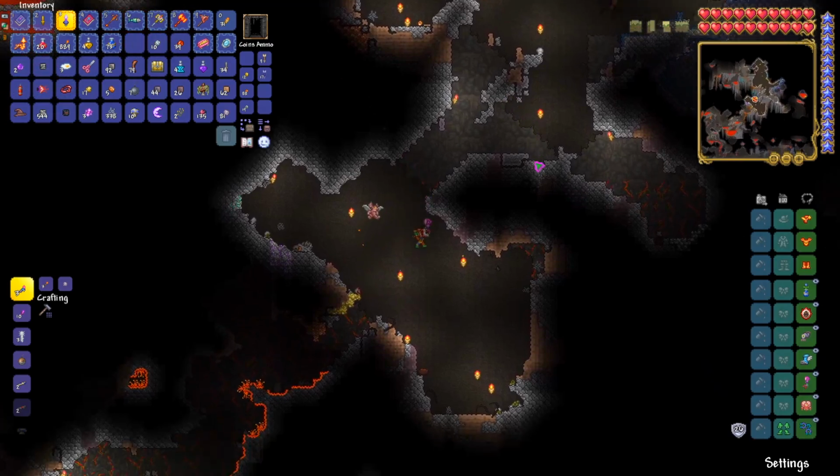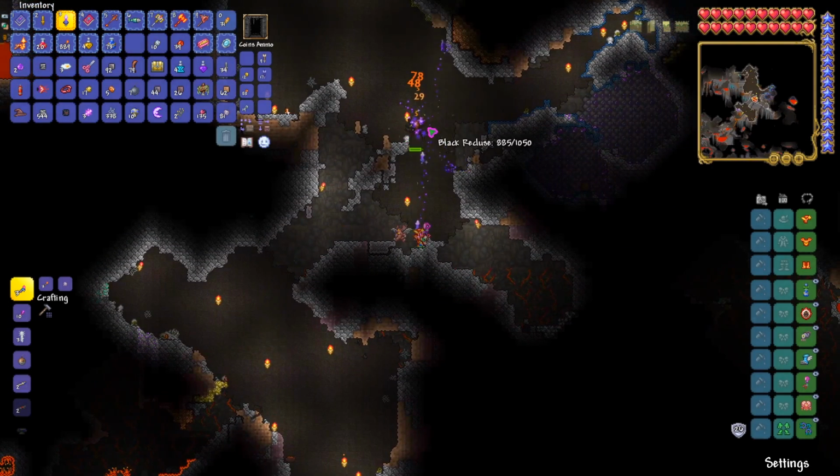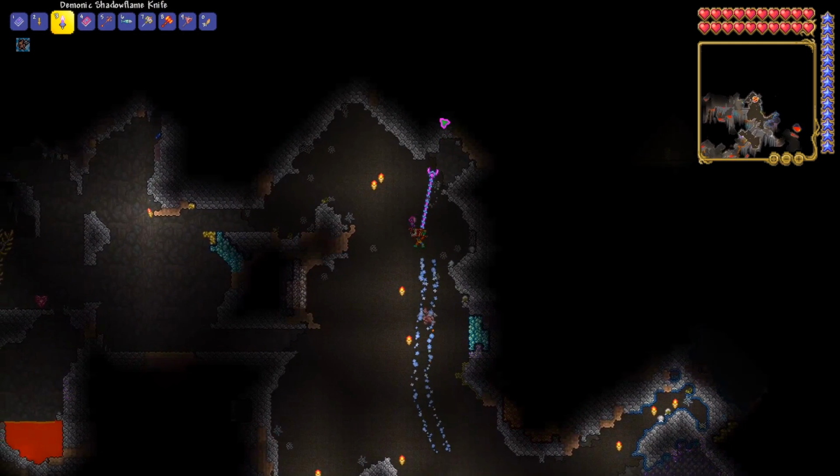Right, so we've also got 135 adamantite from this trip as well. So we might as well get the last little bit that I saw up here, and then we'll head back and sort of assess the situation. Like, I do want to build the drill. And obviously we want to make a full set of melee gear at this point, but...